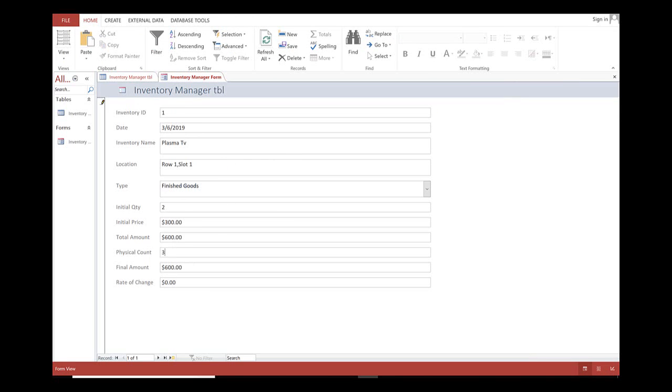So if we have 3 now, we are up $300. Have 4. That's the final amount. So that's the rate of change. It has increased $600 since our fiscal count is showing we have 4 in